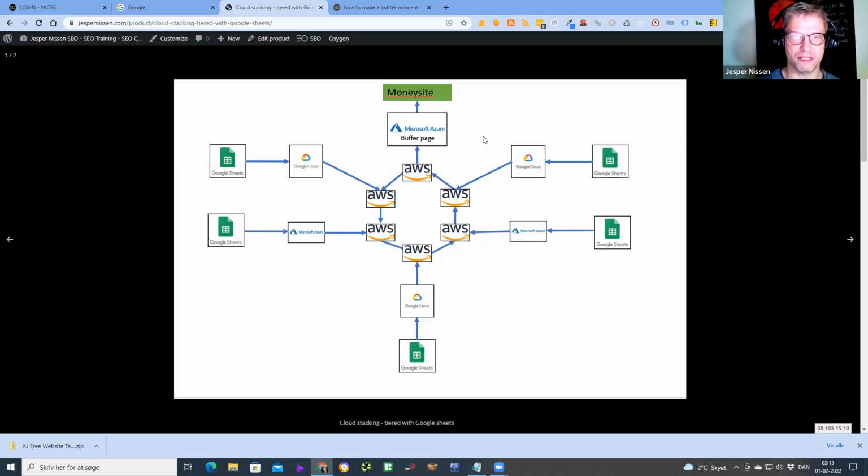The stacking part is that you utilize more than one HTML page and interlink them like this. I could have a 2-page stack. I could have the Microsoft Azure stack and then a single page on Amazon. That would be a 2-page stack. So this is a 12-page stack. You have 6 pages in the link wheel, and then you have 1, 2, 3, 4, 5, 6 additional cloud pages. So this is a tiered link building structure with 12 pages in total, and a lot of 5,000 Google Sheet links. I have an application that I'm building these Google Sheets with.